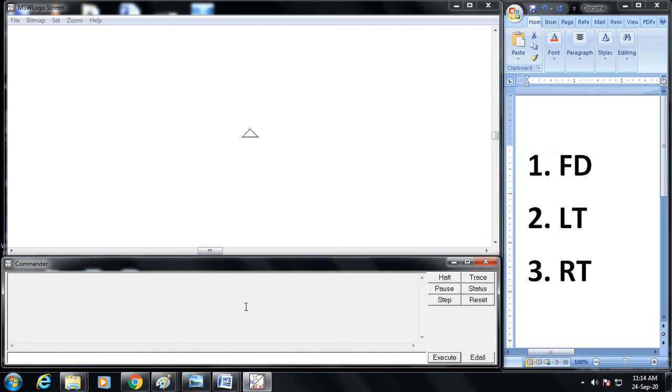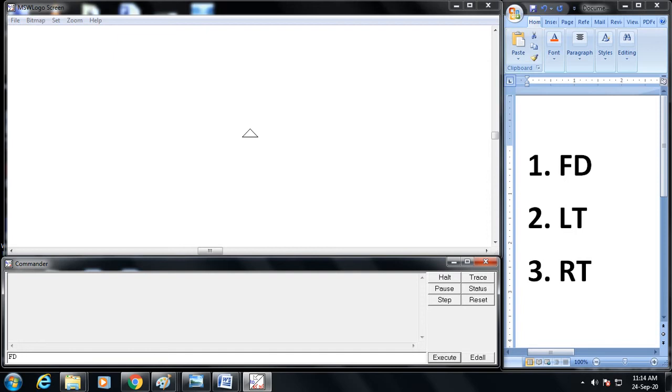We will write this command in the input box, FD, and you need to give a space. After giving a space, you need to tell the computer how many points, how many steps you want to move this turtle forward.